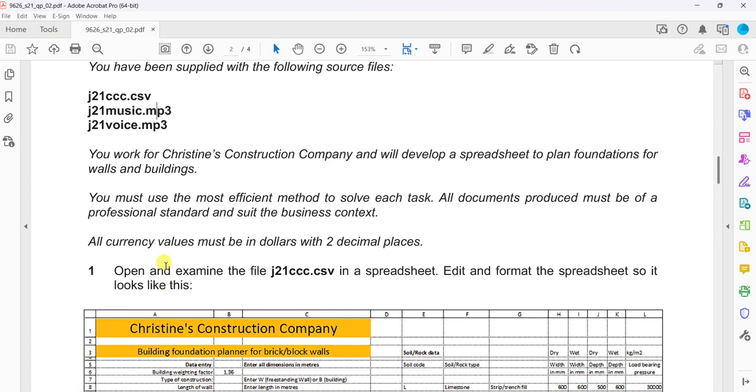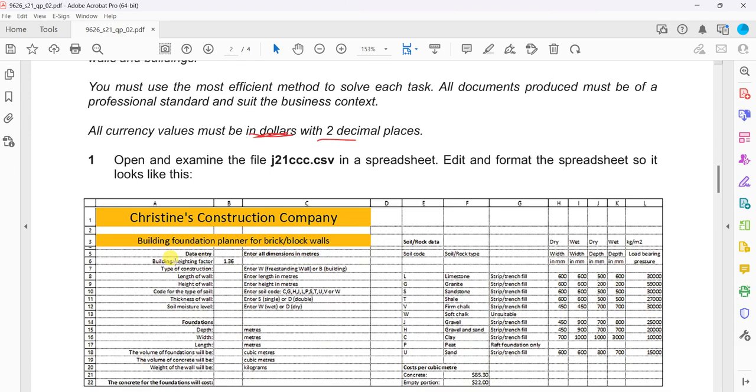And here is the introduction. You work for Christine's Construction Company and you will develop a spreadsheet to plan foundations for walls and buildings. You must use the most efficient method to solve each task. All documents produced must be professional to suit the business. All currency should be in dollars to two decimal places. Now, open and examine the file